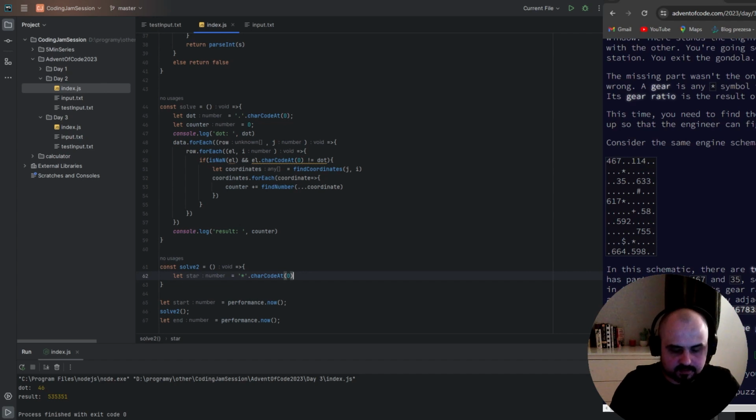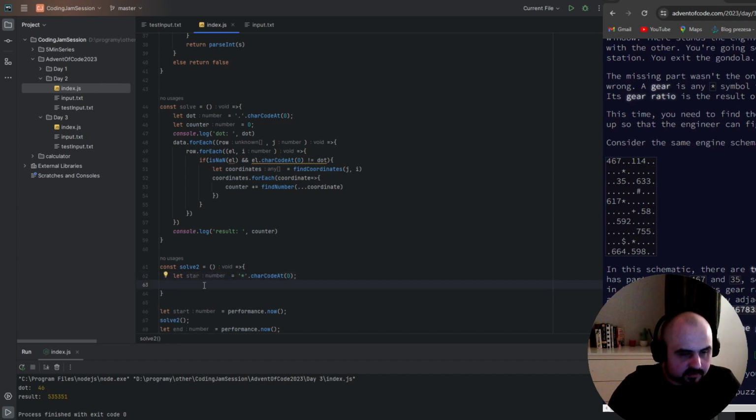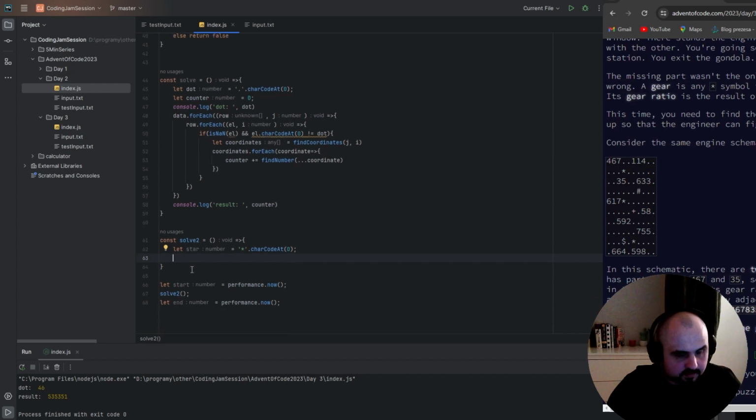So we get a code for our star. That is absolutely fine. And so we're gonna go again through all those. Yeah, we're gonna iterate through all the rows and those numbers, that's for sure. Again,